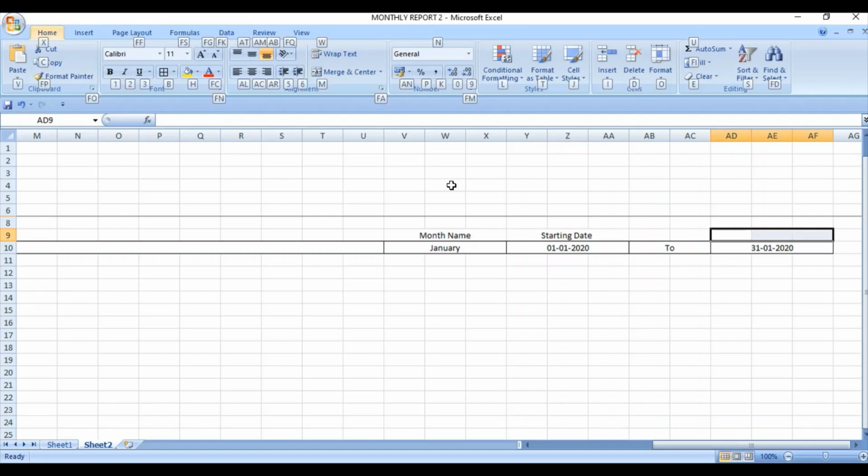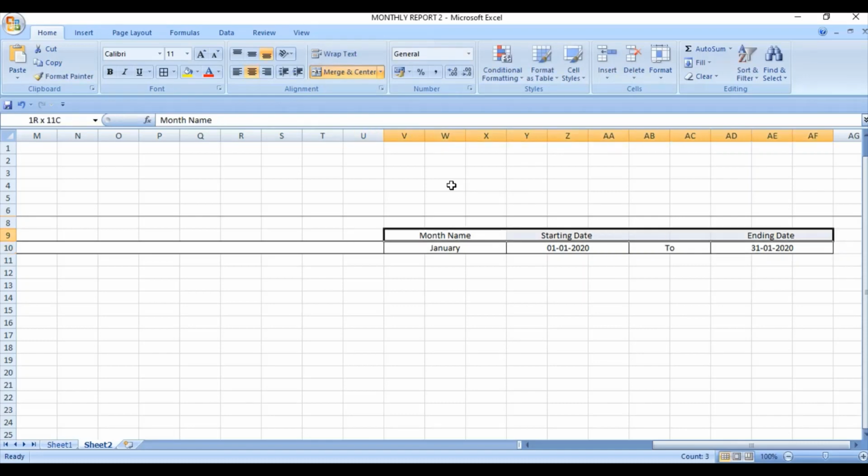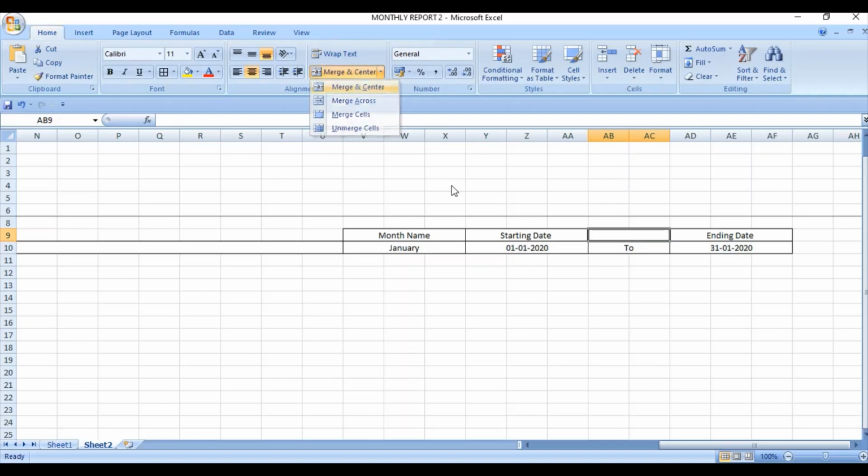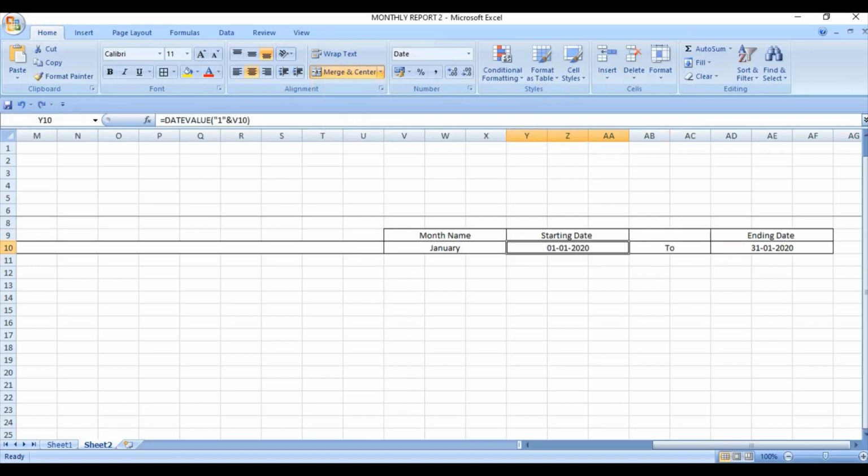Merge it and ending date. You can read this. Now we have the starting date and ending date for the month. This is our starting date and this is the ending date.